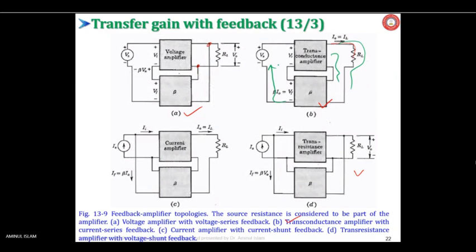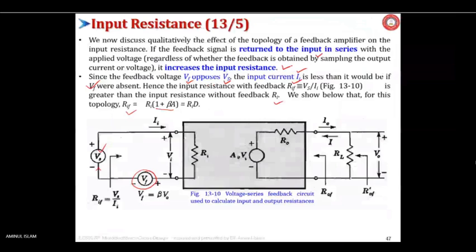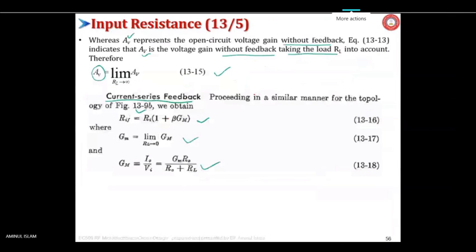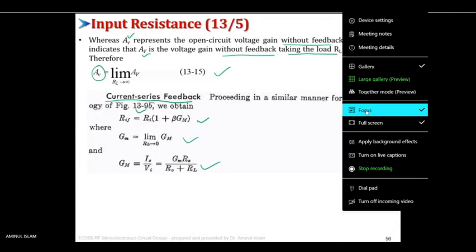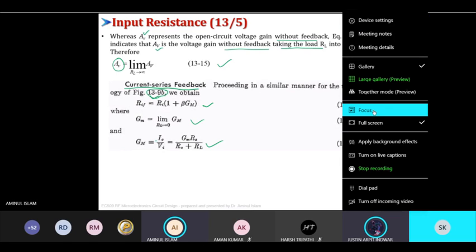Those are the results we will get if we analyze. These equations will be for that circuit diagram, block diagram. If you go in the same manner,